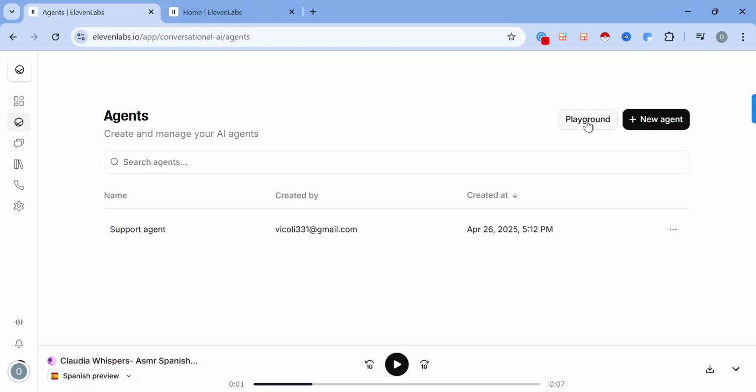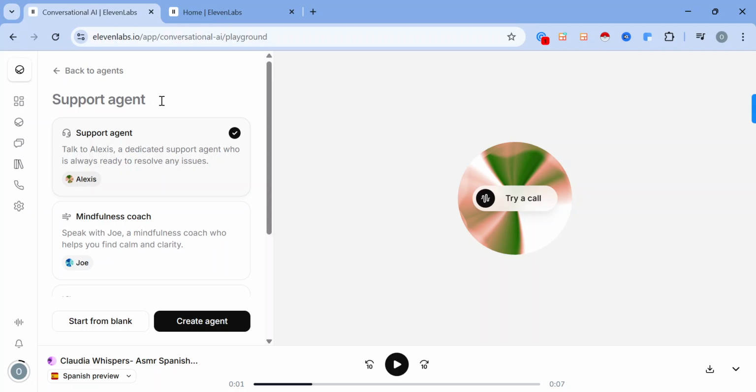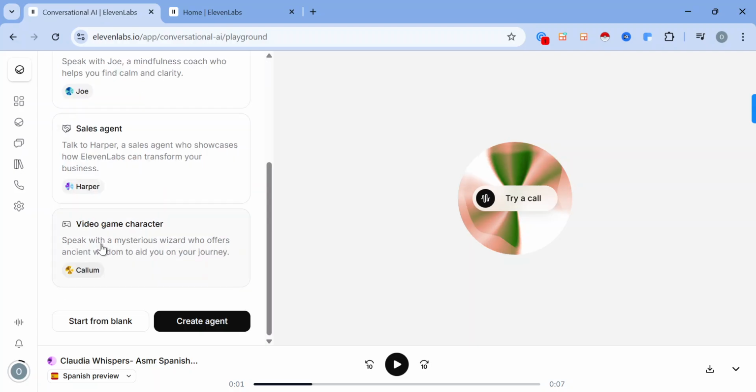Once you click on it, a sidebar should pop up and you'll be able to choose your video game character and customize it to your liking. So this is what I was saying. You can scroll down to this section and choose a video game character that you would like to customize. So this is how to customize a video game character on